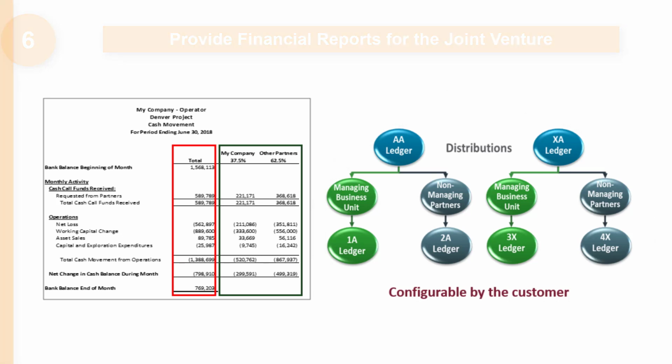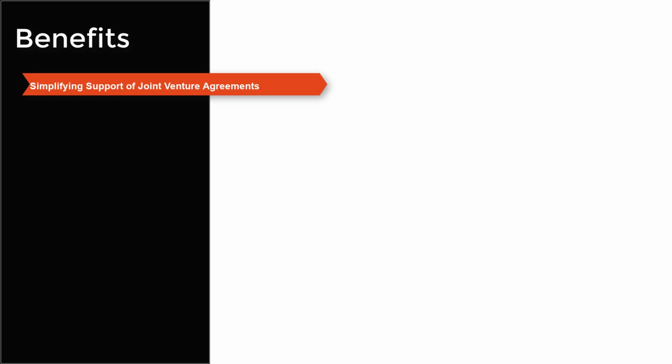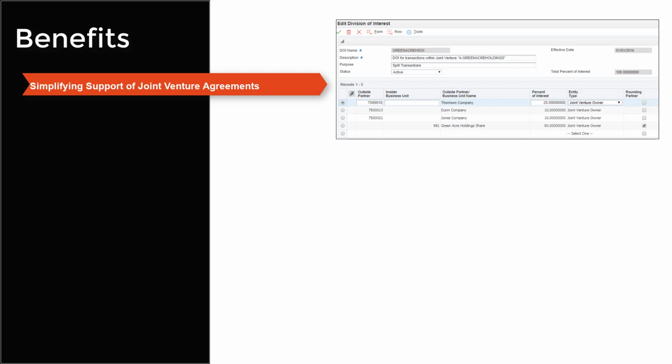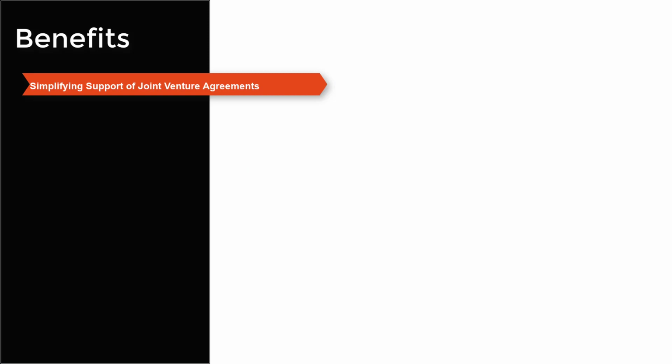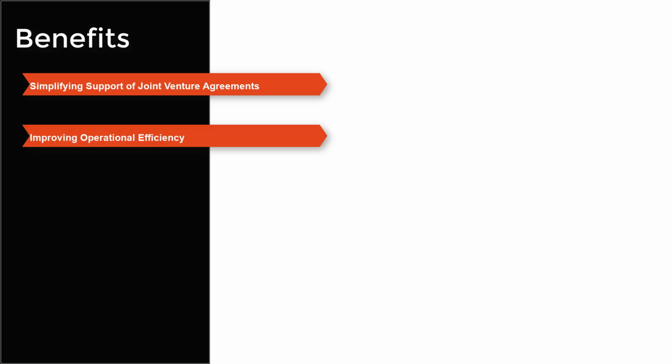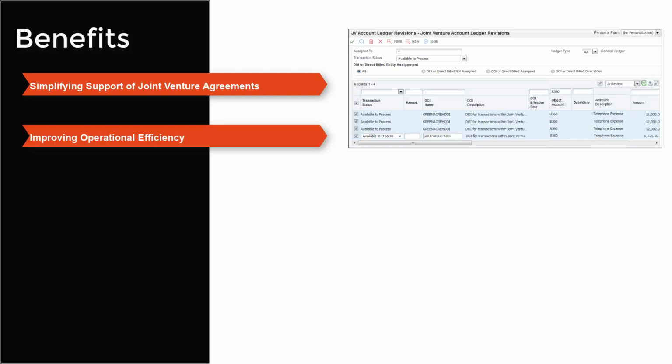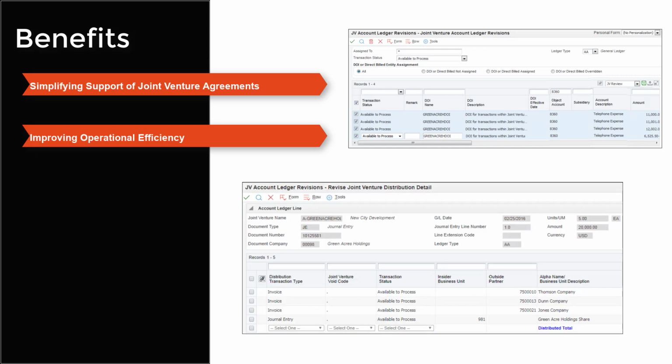Companies can gain significant benefits from the JD Edwards Joint Venture Management Solution, including simplifying support of joint venture agreements by providing flexible solutions to define the division of interest for partners, to calculate overhead charges, and so on, improving operational efficiency by providing visibility into joint venture transactions and the distribution of the transactions to the joint venture partners,